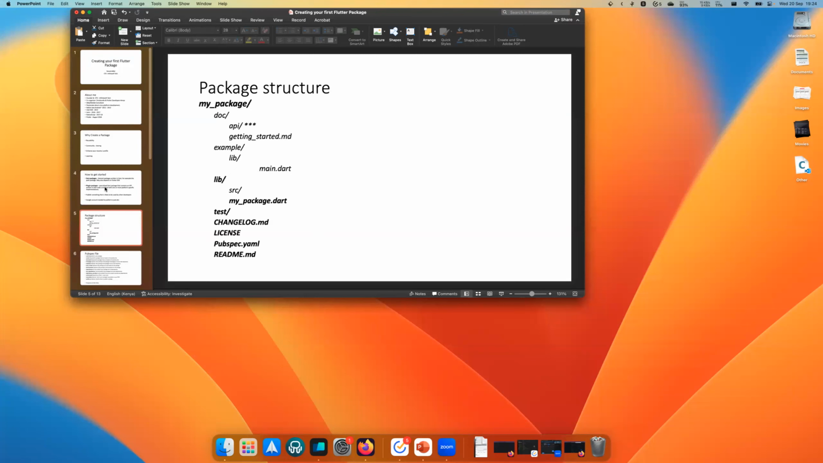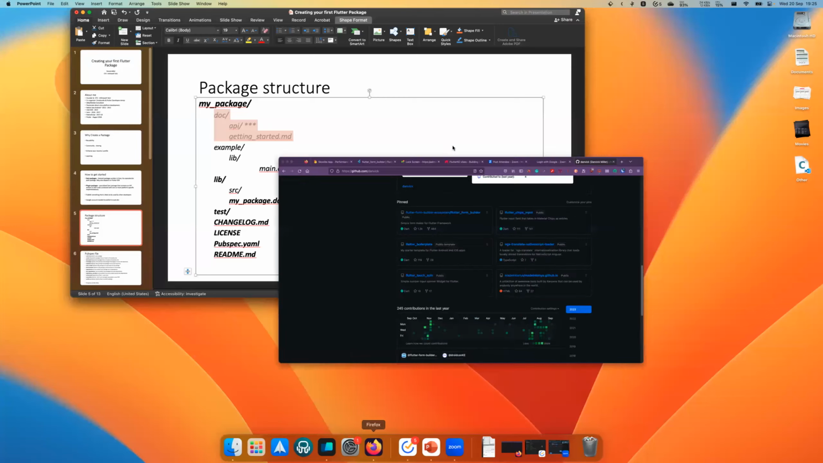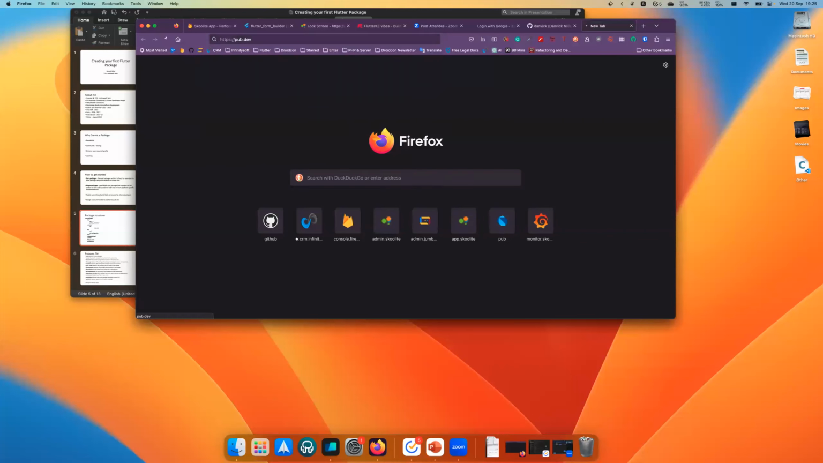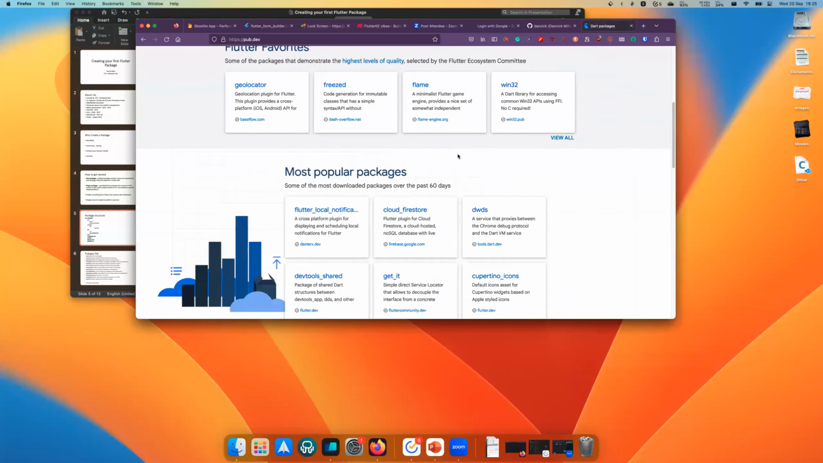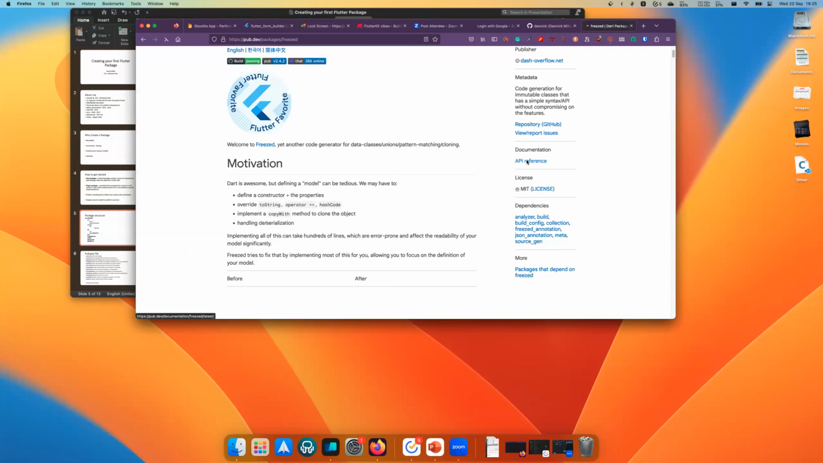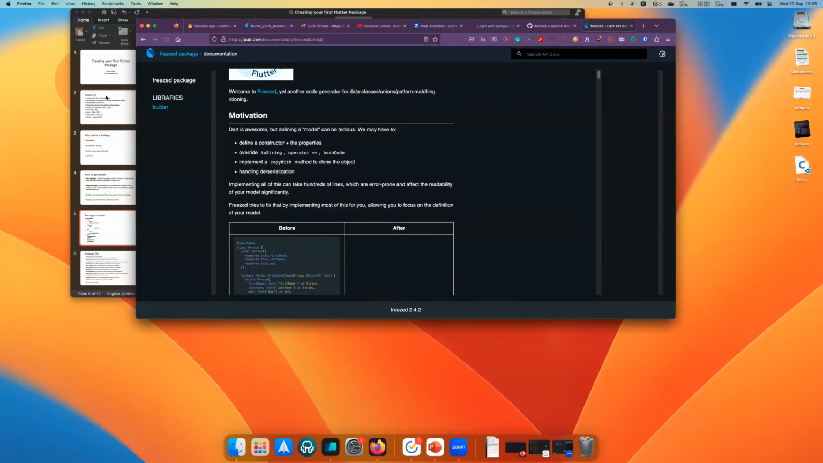So usually this is the way your package structure is, especially in documentation. This doc part is usually auto-generated for you. There's a command that you can just write and it will generate the API docs. For example, let me just go to pub.dev. Let me just go to any package. So when I go to this API reference, as long as you have written your